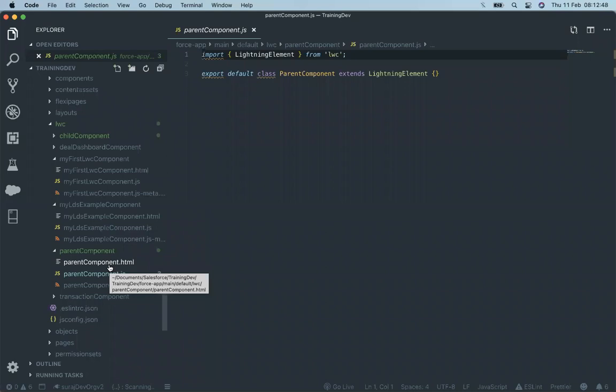Isn't it a disadvantage in LWC, because two-way data binding is better, isn't it? Better technology. Yeah, it's better, but everything has merits and demerits. Due to the two-way binding of Aura, it goes outside the boundaries.